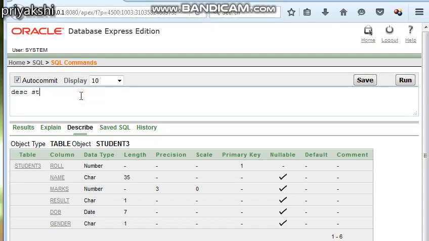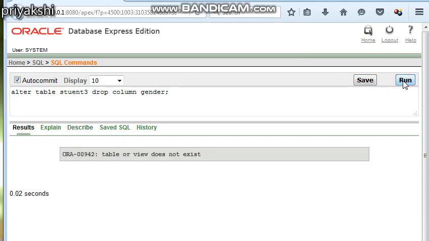Suppose we want to delete a particular column, then also you can write alter table student3, drop column, that is the keyword. What is the column name? That is gender. So this will delete the particular column called gender.